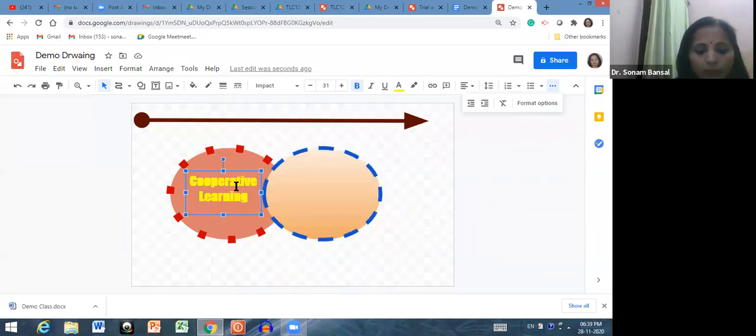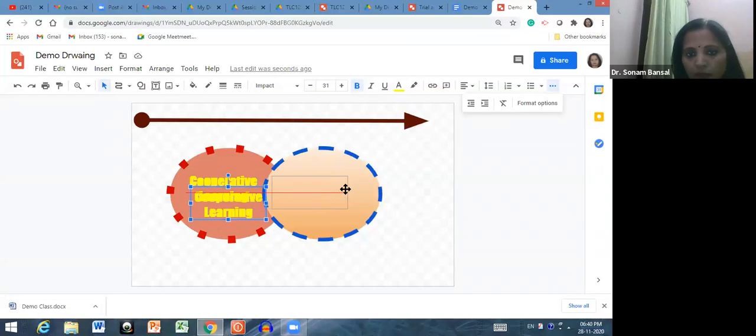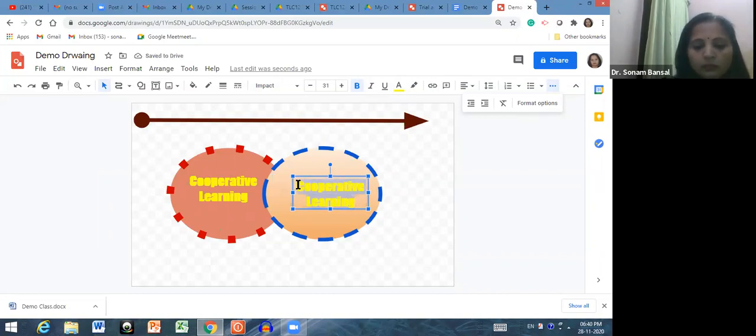If you want to make a copy, then again do Control D and just drag and drop the position of this text over here. See, now after taking this text here, you can change the text to collaborative learning, because you want to compare the both, right?